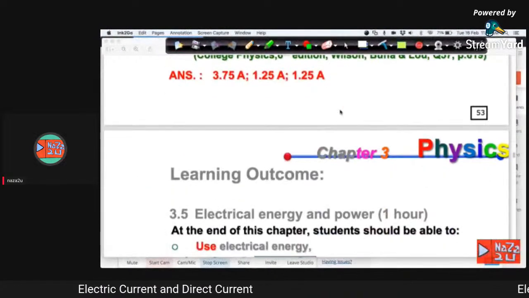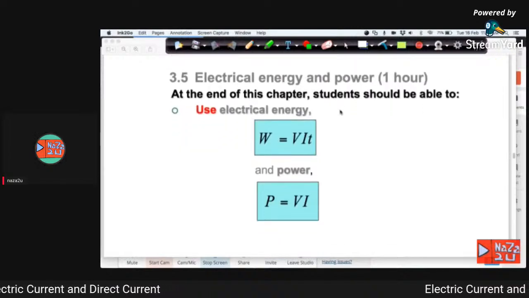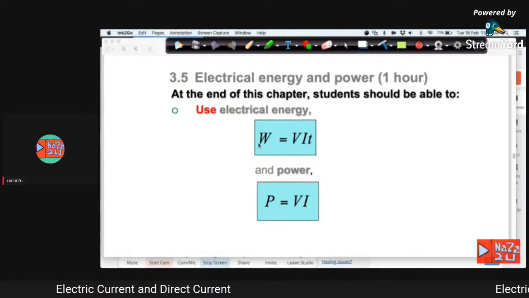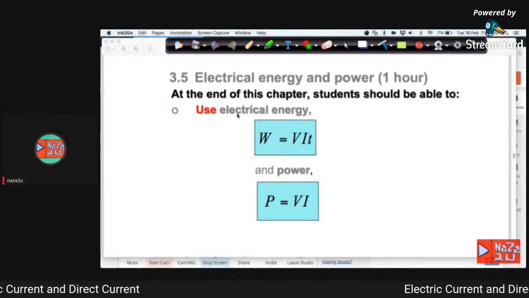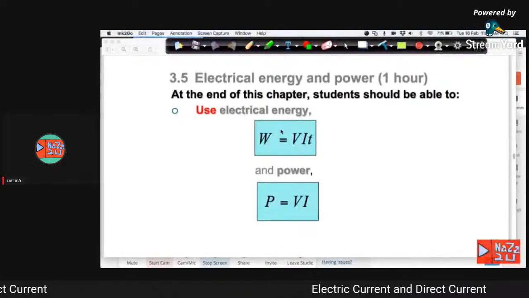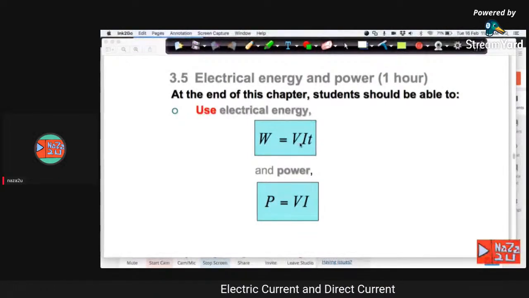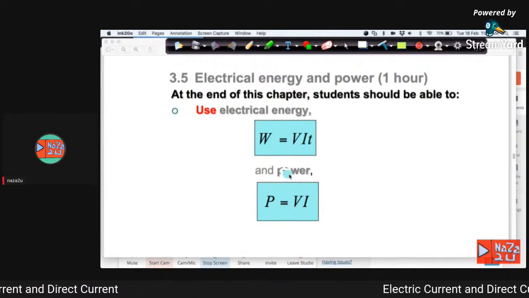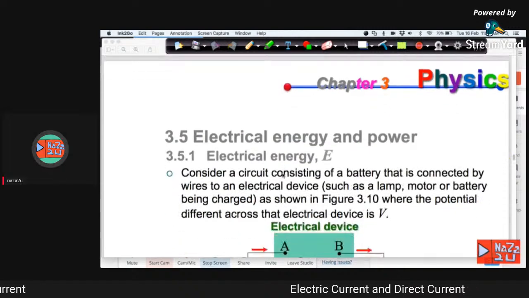So continue to the next topic, which is electrical energy. So electrical energy, if you look at the lecture note here, we have two equations to calculate electrical energy. W is equal to VIT, and for power we have P is equal to VI. So macam mana rumus ini kita akan tengok nanti. So first is